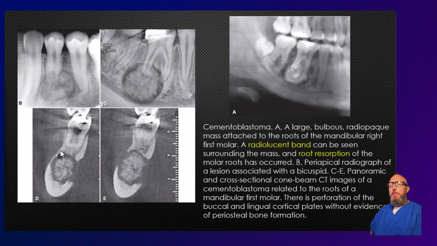So let's look at some examples here. Here's a nice periapical radiograph. This one doesn't look quite as dense. Maybe it has a little bit of that radiating pattern. It does look almost like the root is resorbed here, but it's attached to it. And then look at the radiolucency around it. Notice again how it's nice and round. All of these lesions are very round and ball-like. This has more of a granular, ground glass internal appearance, but look at the thickness of the radiolucent